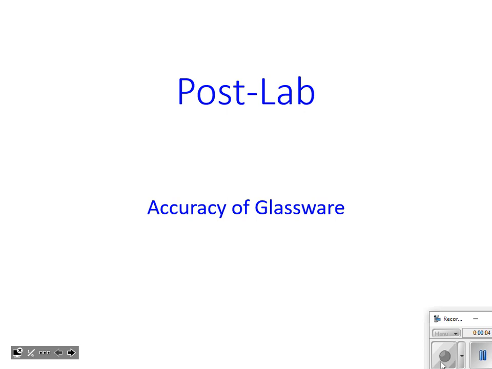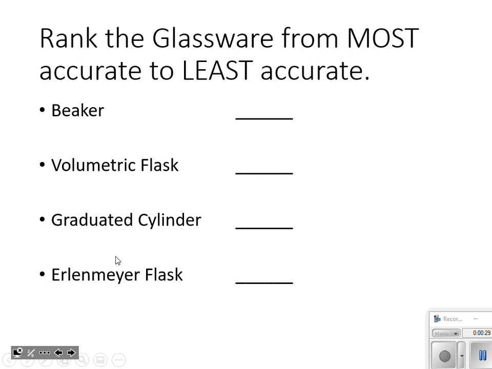Okay, what we're going to do, and at times we'll do this with labs, we're going to walk through and work some of the problems that were involved in the lab, just to make sure that we are on the right page. So this is our post-lab for the accuracy of glassware. Now, when I come down and click on, here was the very first thing that we did at the start of the lab. The very first thing that we did is we labeled,